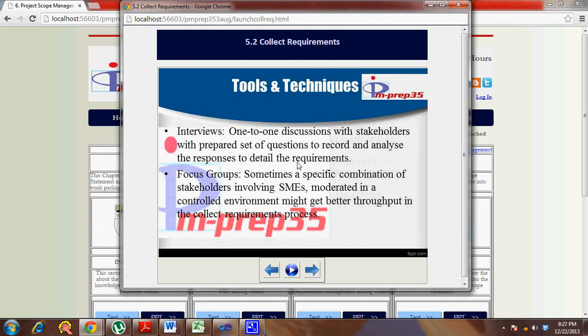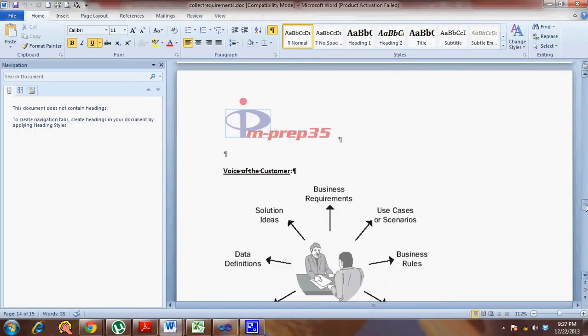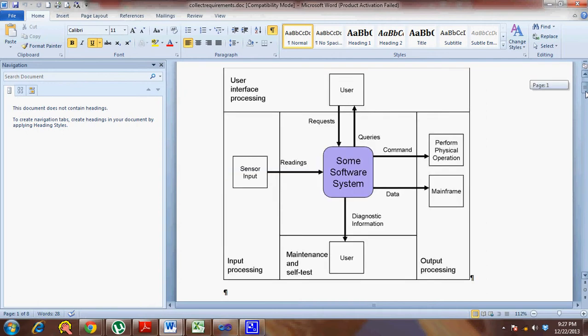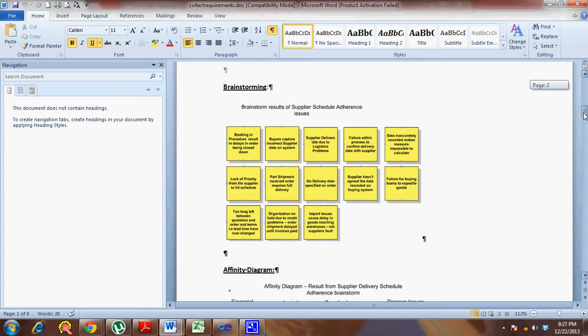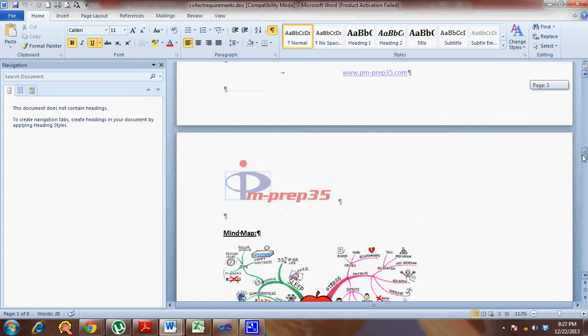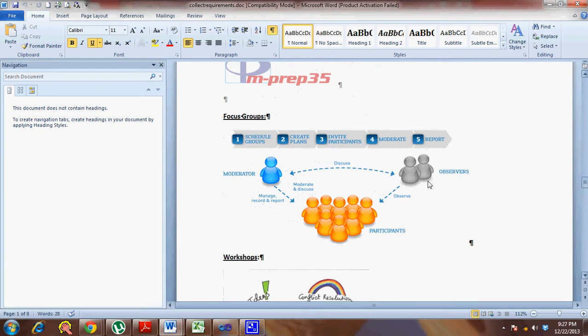Then focus groups, a specific type of technique where you normally know who will have a say. You gather those people together, you have an agenda in place, and you get your questions answered. The focus group normally has a group already scheduled. You schedule a meeting with the most important people who will have a say, the stakeholders.